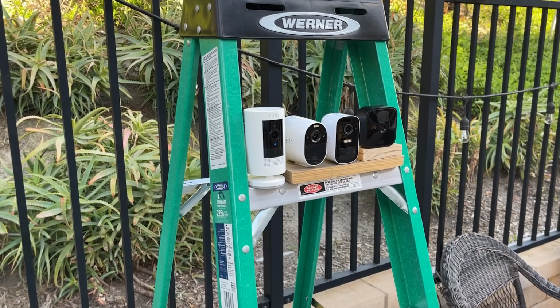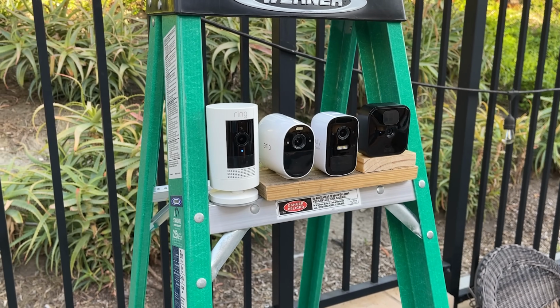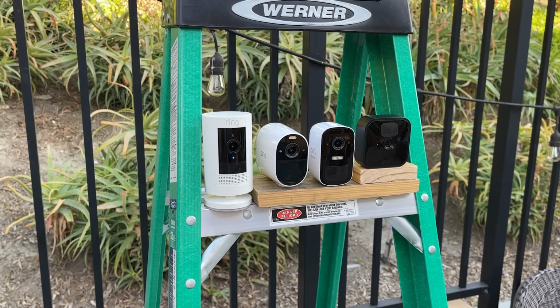So in today's video, we're taking a look at the Ring Stick-Up Cam, the Arlo Essential, the Eufy Cam 2C, and then also the Blink Outdoor Camera. With each of these systems, I'm just going to quickly go over the things I like and don't like about each one because I don't want to make this video too long. If you guys want to see more in-depth, you can check out my video list up above of more in-depth videos on each one of those. My primary focus with this video right here is just to give you guys some demos of what these cameras